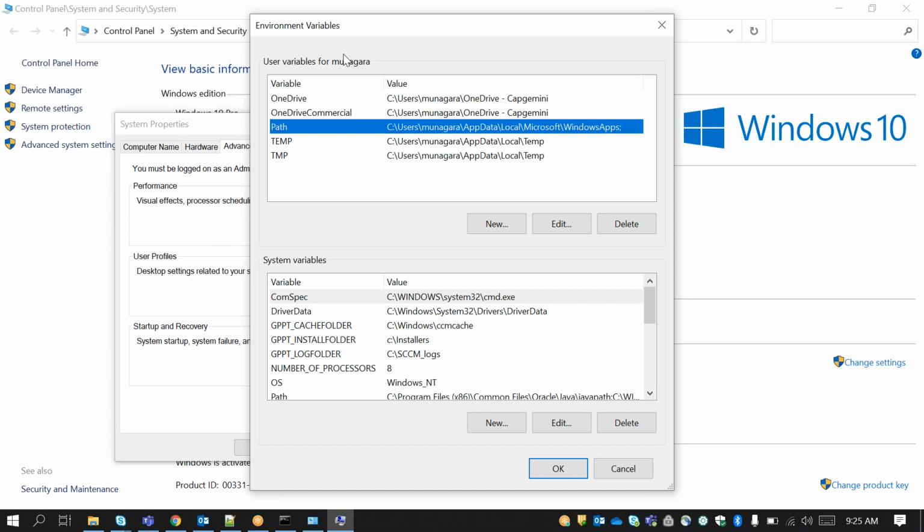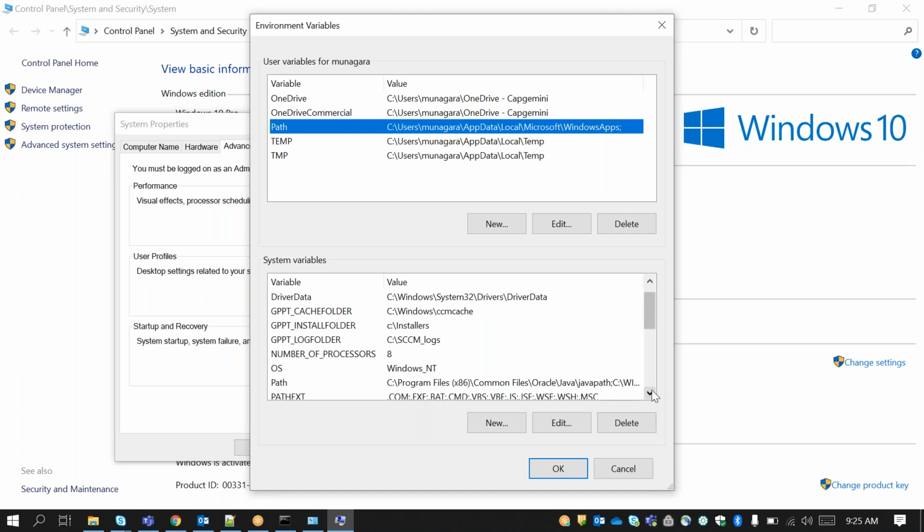If I want to set the Java path for a particular user only, then we set up the path for only that particular user. When that user is logged in, it will work only for that user. But if you put it in the system variable, it will work for any person logging in anywhere. You can set it up in the system variable, that is fine.